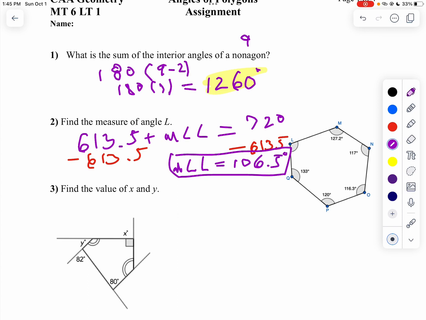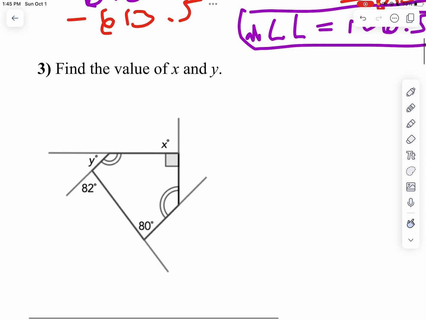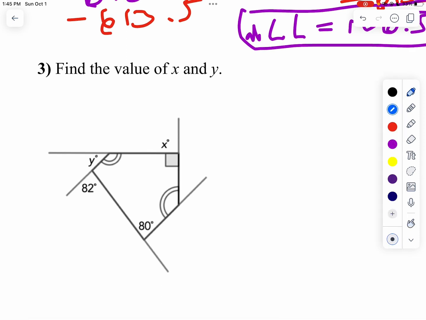On question number 3, we don't have to do much work to calculate the value of x, because notice x is exterior to a 90-degree angle. So we know automatically x is 90 degrees. Now, let's take a look at what kind of shape we have here. And once again, if we count the angles or count the sides, it doesn't matter. We have 1, 2, 3, 4, 5. So I know the total number of degrees here